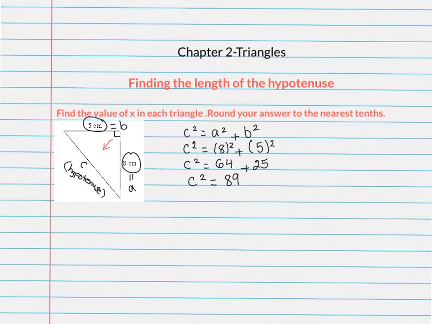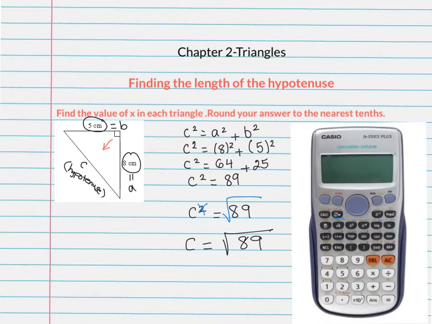Till here it is easy, but till here we did not find c. We need c. We found c to the power of 2 is 89. Remember, when we have the power of 2, the only way to remove it is by placing the radical sign or the square root sign over the other value. So to get c only, it's going to be radical 89. Using your calculators and specifically using the radical sign over here, radical 89, you are going to get c